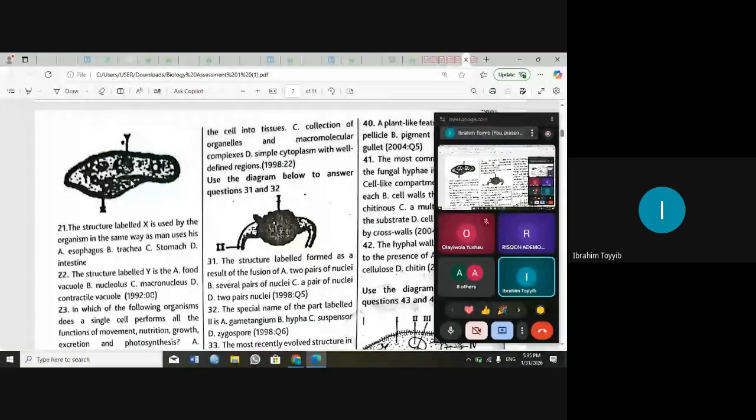The structure X is used by the organism in the same way as man uses the mouth. The structure labeled X is the gullet. What does paramecium use gullets for? For food passage, ingesting food. And where does man ingest food? Through the mouth to the esophagus. If you cannot find mouth, then the next thing is esophagus. So the part labeled Y